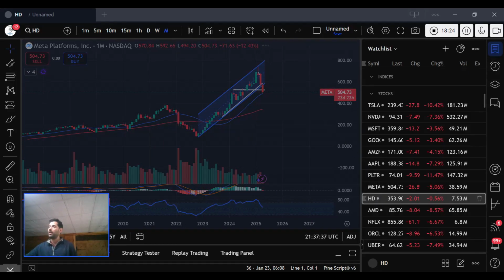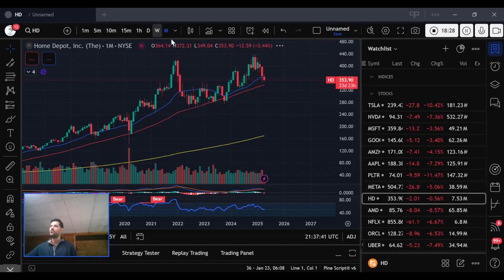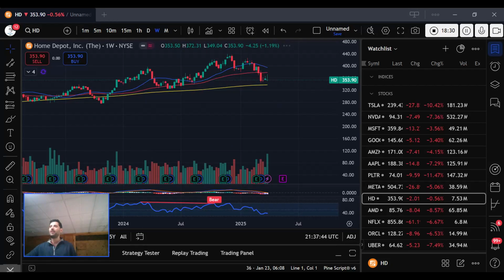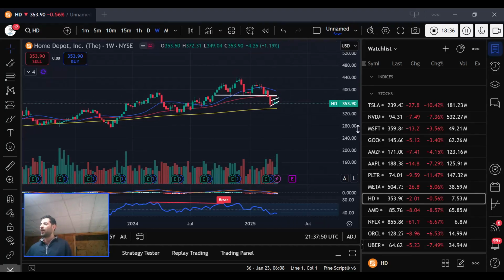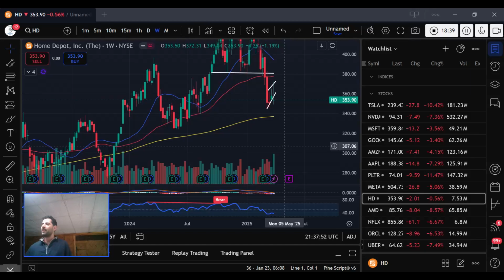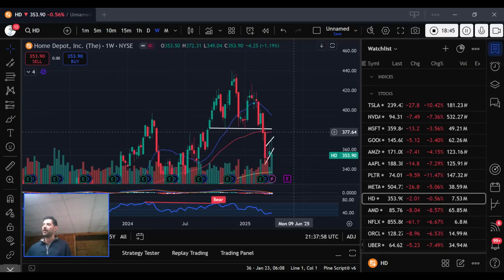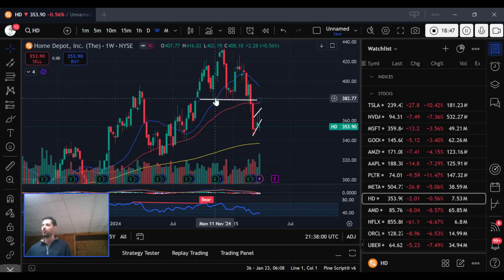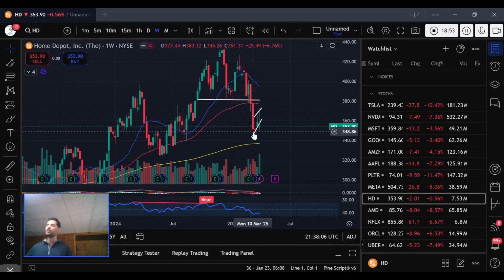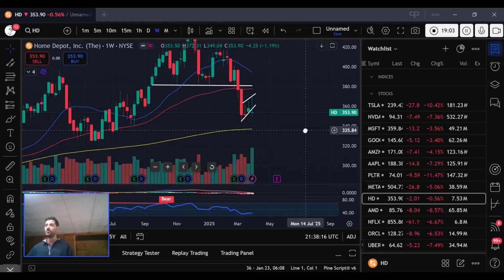Let's see. Home Depot, I had a short on Home Depot, and it was so stubborn until Friday, man. It finally gave in Thursday and Friday, and it finally put in a weekly topping tail. So I was expecting Home Depot to get to 520. First of all, it had a massive sell-off after it broke this head and shoulder trend line right here. It closed below. I knew it was going down. It had a huge vicious move down from basically 383 all the way down to 345. So $40 just about in 1 week, which was faster than I was expecting.